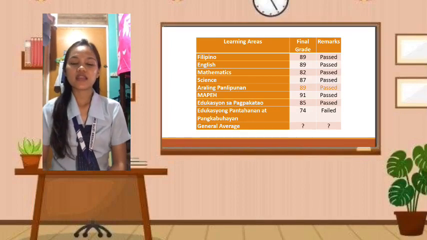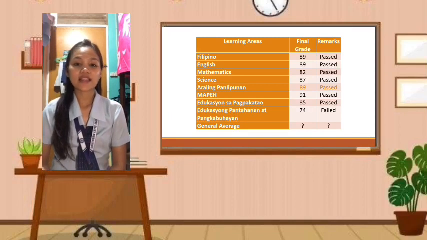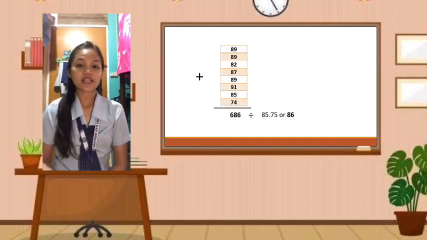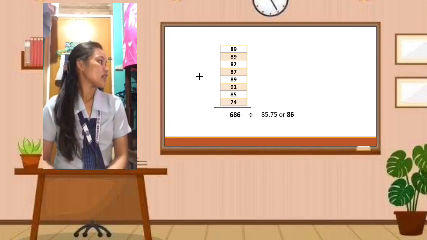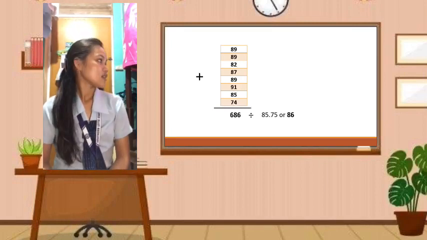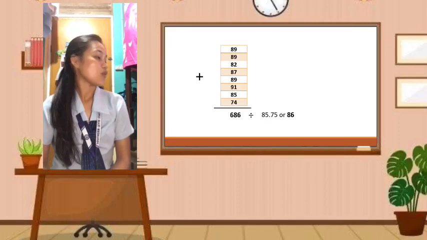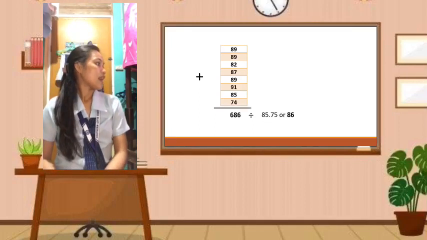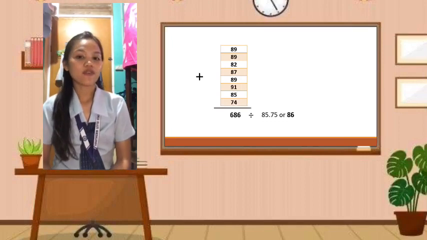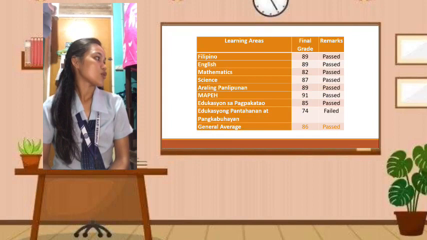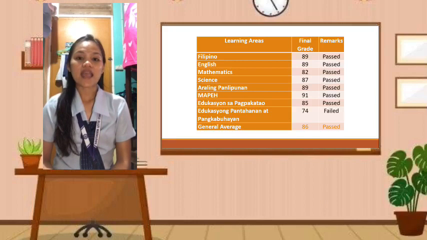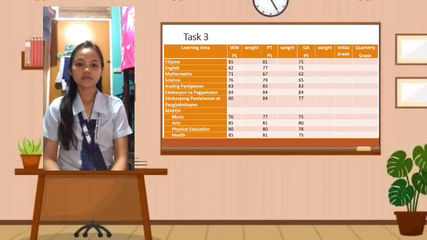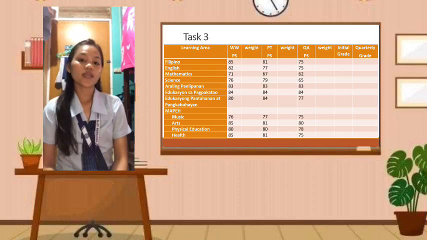So to get the final average of Ellen's grade, we have to add her final grades. From adding all her final grades, we have 686, and we will divide it by 8. So we have 85.75 or 86. So Ellen's general average is 86 and she passed. So to get Paula's weighted score